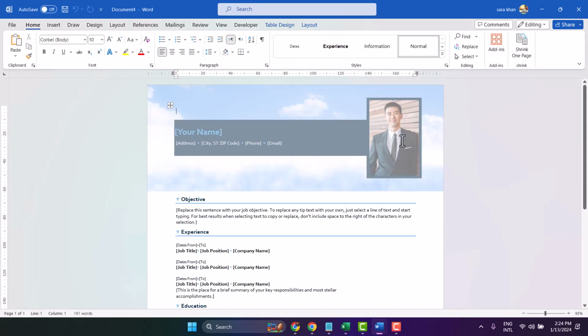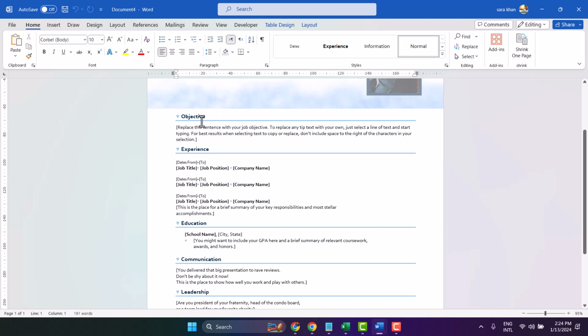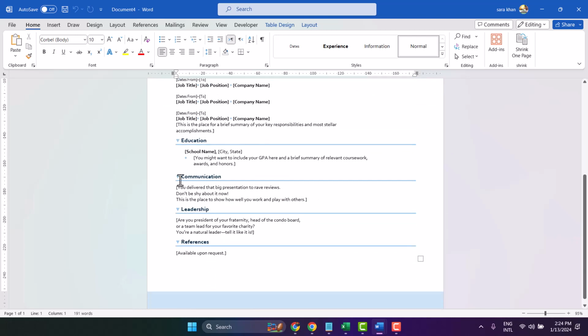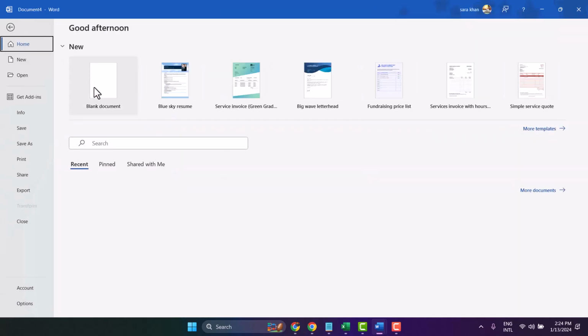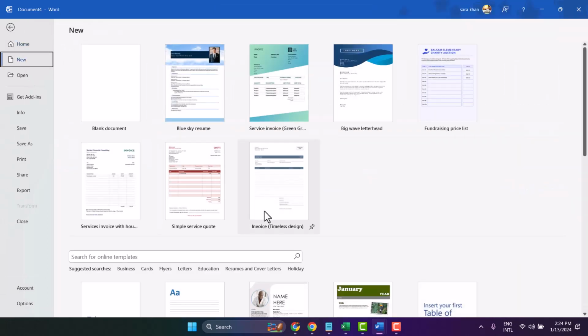Here, guys, you will see suggestions like your name, address, phone, email, your picture, objective, experience, education, communication, leadership, and reference. Similarly, you will find another one